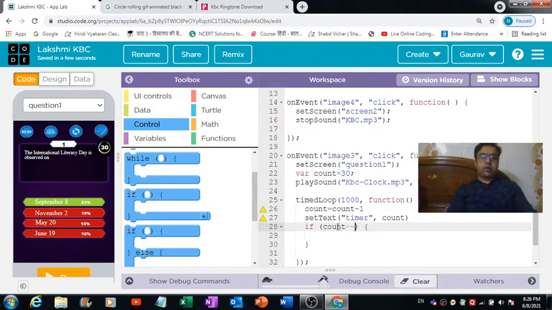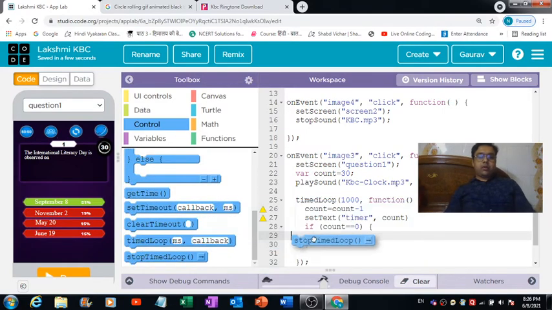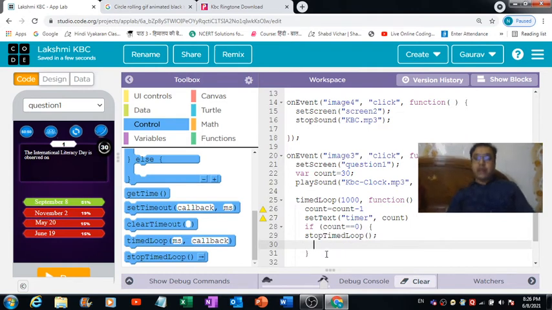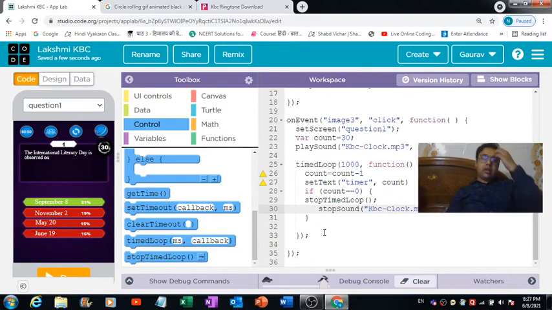If count is equal to 0 at any point of time, the loop should stop. So it will stop the timed loop, right? And besides that, I would like to stop this clock sound also. So that's how you can give it a realistic kind of feel.